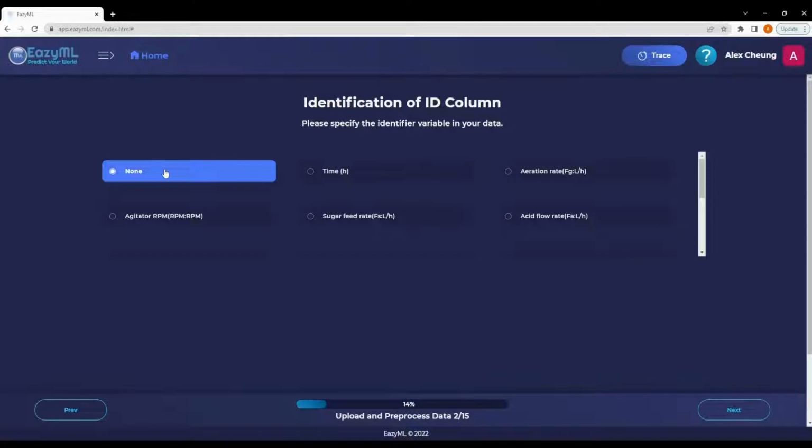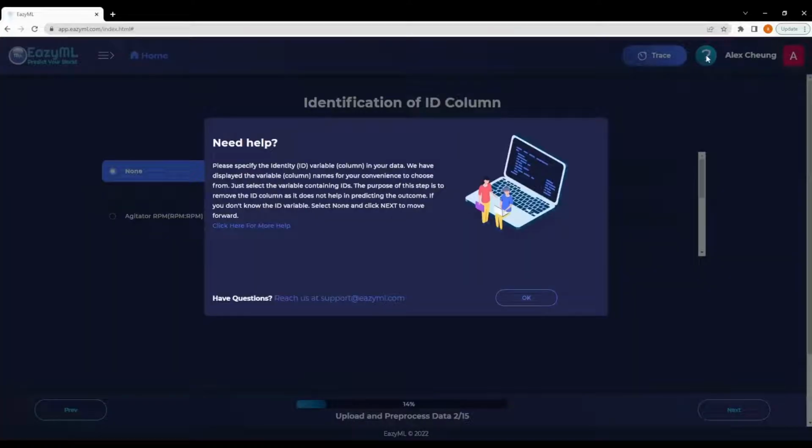Remember, if you are confused on what any of these steps mean, click this question mark, which is the Help button. It explains every step in detail. The help is offered in the context of what stage of the machine learning process you are in, and also in the context of your dataset. So, this button is not a static button. I encourage you to use it. It's quite helpful.